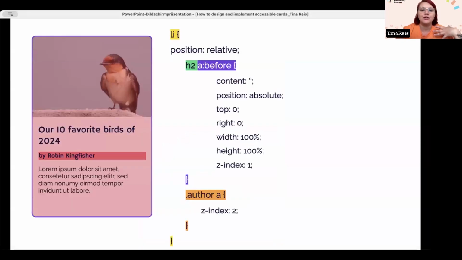One thing you can do is give the link tag on the author byline a z-index higher than the pseudo element that is the main card link. Here, the pseudo element that makes the whole card clickable has a z-index of 1. I want to also make the author clickable, so I'm going to raise it with a z-index of 2. And now you can see I've marked it up here. The click area is on the whole card that leads to the whole article, but then